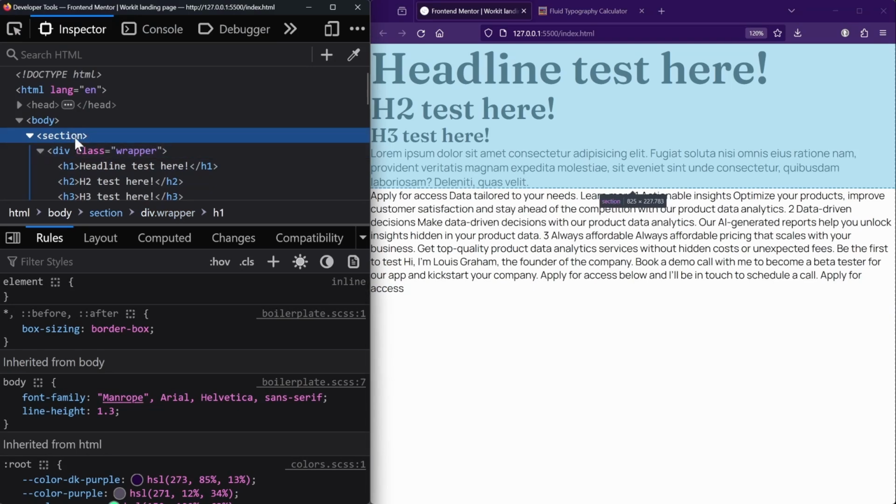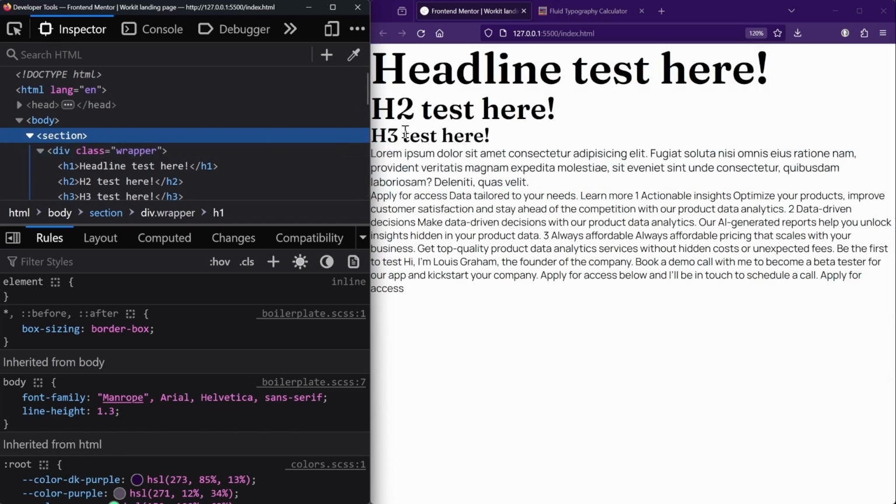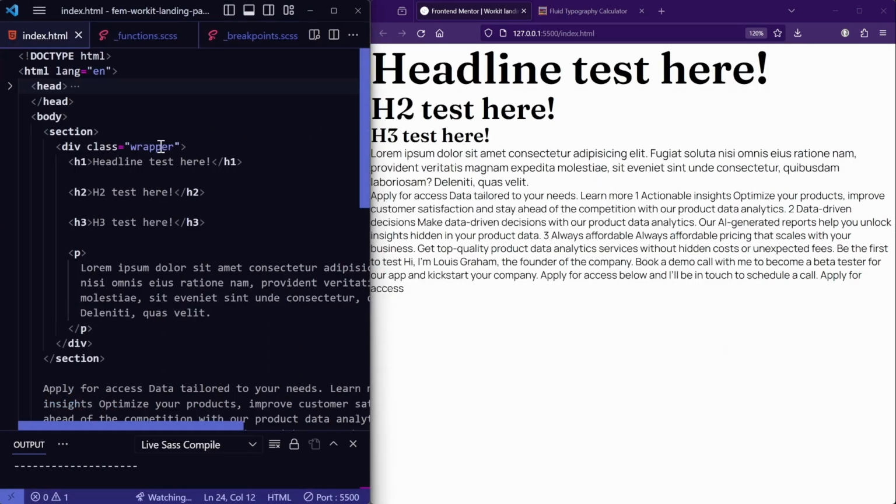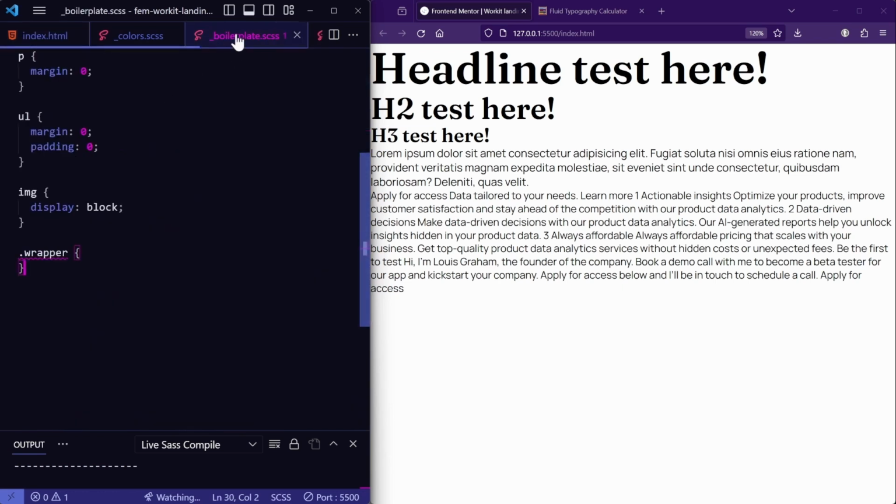The reason that we have both the section and the wrapper class is because I want the background color to go all the way to the left and the right. And we're going to limit the width of the wrapper. So let's close some of these other ones out that we don't need. So in boilerplate,